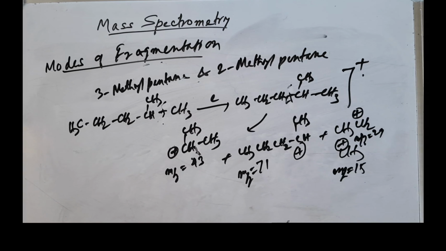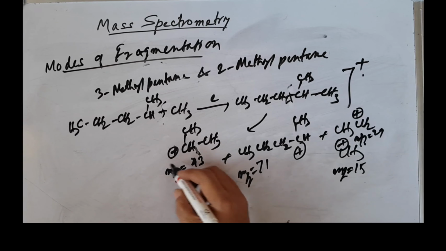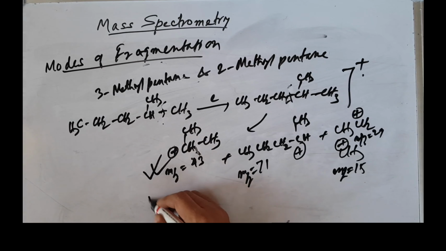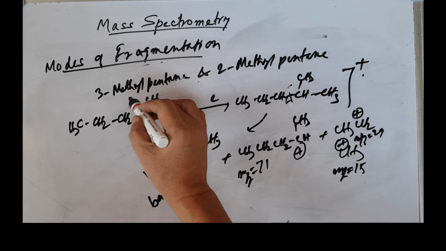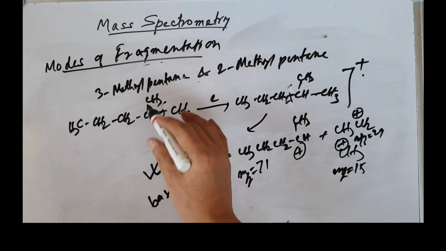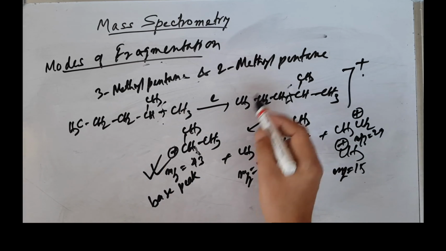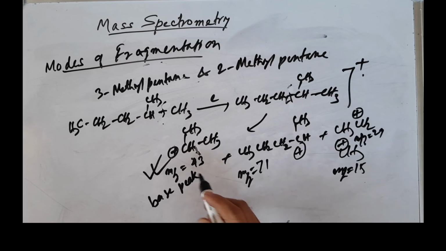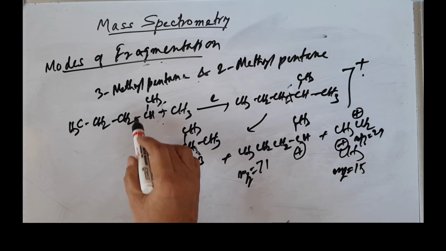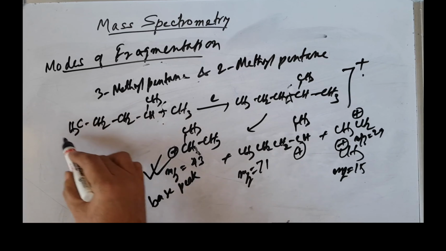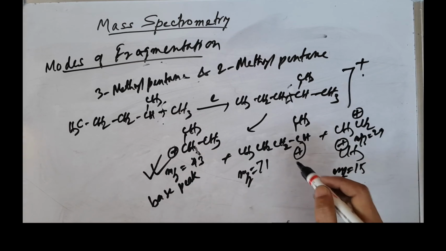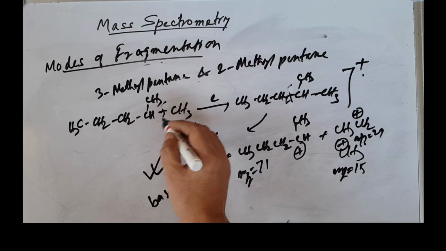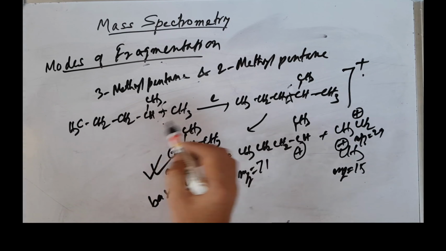The only difference in fragmentation is that here the m/z value will be highest, this is the metastable. Base peak will be this. The other case is 57, but here the base peak is 43. So in the case of 3-methyl pentane, the base peak is 57, and in the case of 2-methyl pentane, the base peak is 43, because the fragmentation takes place here, at this one. So here a longer chain cannot, and the longer fragment doesn't give the base peak, because of the movement of the ions, when it clips it is easier here as compared to here.